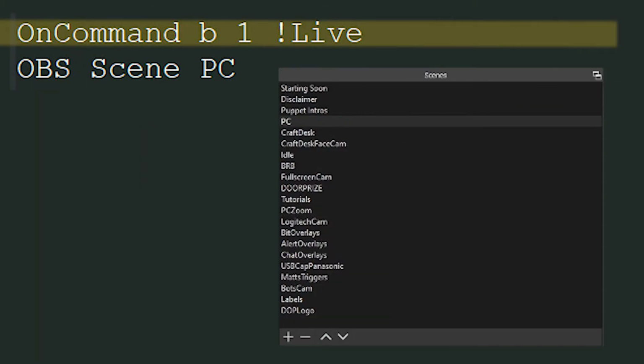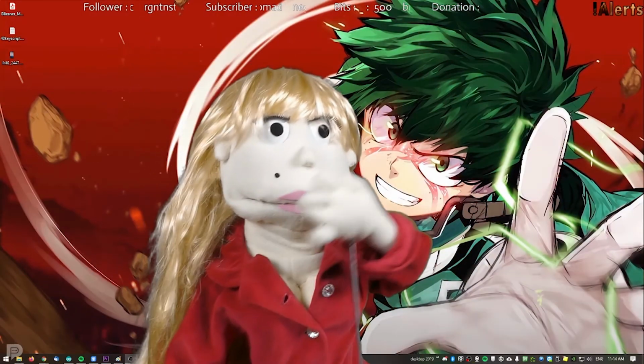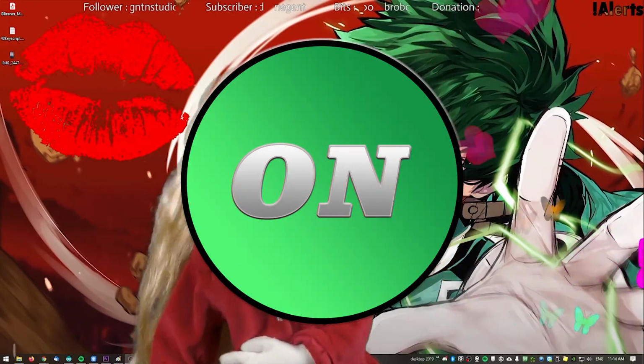The B means only the broadcaster can use this command, which will prevent anyone else whispering !live to your bot and having things change. The 1 is the millisecond timeout before you can trigger that command again. That's why we set it low. Easy, right? Let's have a look at an example where we have an overlay we want to turn on and